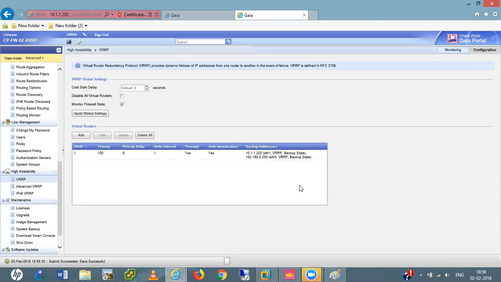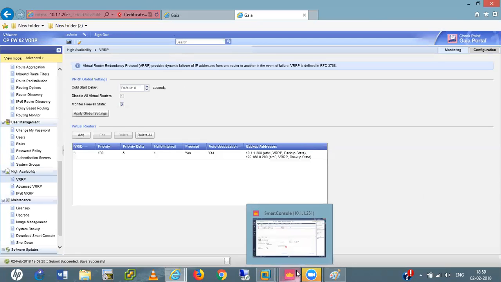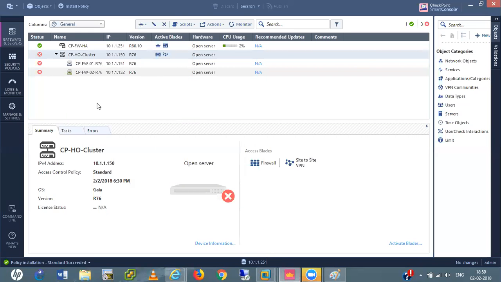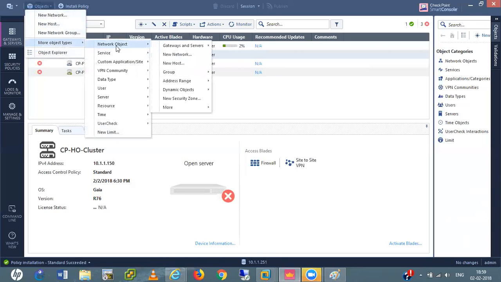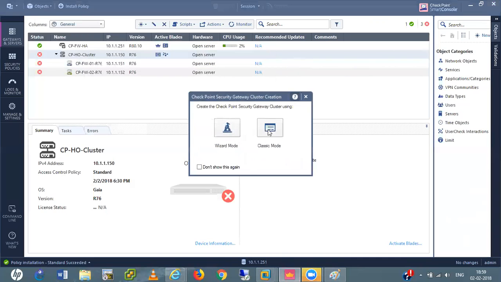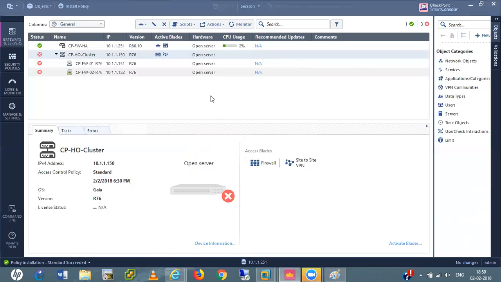So we completed here. Now let me log into my SmartDashboard. Let me also add one more new cluster object here. More, network object, gateway and servers. Here I am using new cluster object, classic mode.